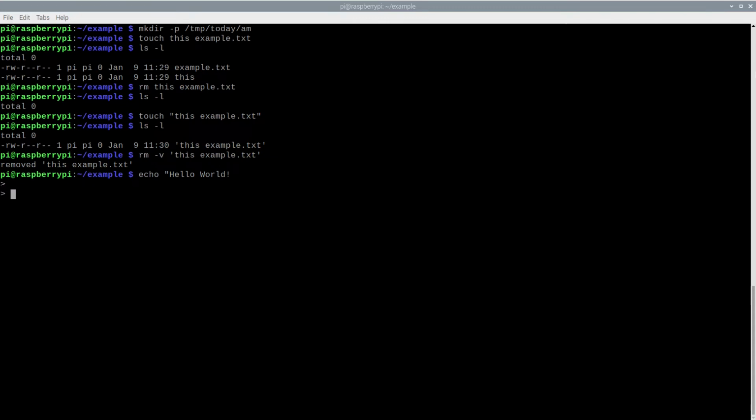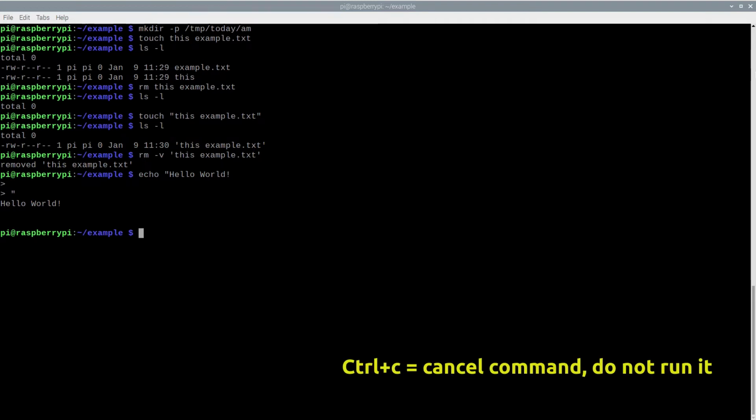What happened? Well, the quote deactivated the normal interpretation of the enter key, which is to run a command. Now enter means just go to the next line. The quote needs to be closed so the next enter key is interpreted by the shell normally as run the command. Notice the extra blank lines in the output, which are the quoted enter key presses. Sometimes you may not want to go ahead with a command that accidentally takes you to the secondary prompt. In such case, you can just press the Ctrl and C key combination to cancel the command without running it. I will repeat the above scenario, but this time cancel the echo command with Ctrl C.